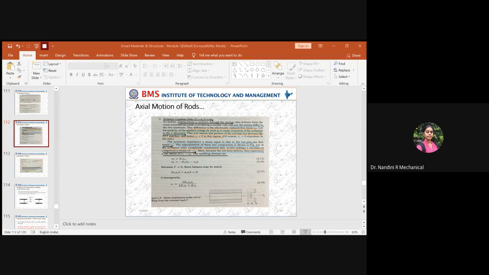So he assumed that the strain will remain constant across the piezo patch and it varies linearly within the substructure. Substructure is nothing but the substrate along with the bonding layer. Here you will have strain throughout the piezo patch uniformly because all the molecules within the piezo patch have been polarized in a proper direction. So when you apply a load or a voltage, it gets rotated to a particular domain in a common direction, and it will be uniformly aligned, and hence the strain induced in the piezo patch will be uniform.